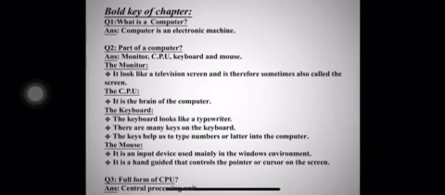The keyboard looks like a typewriter. There are many keys on the keyboard. The keys help us to type numbers or letters into the computer. The mouse. It is an input device used mainly in the window environment. It is a hand guided that controls the pointer or cursor on the screen. Full form of CPU, Central Processing Unit.